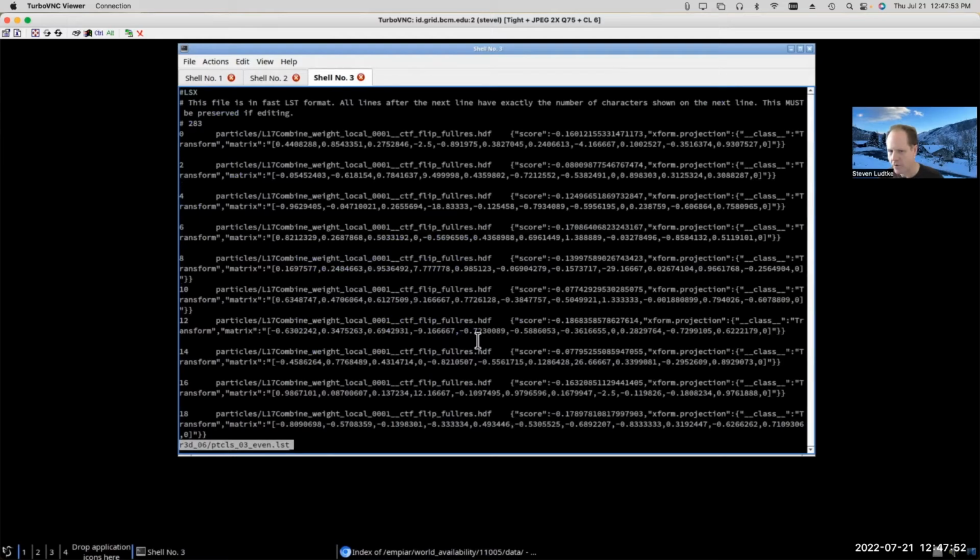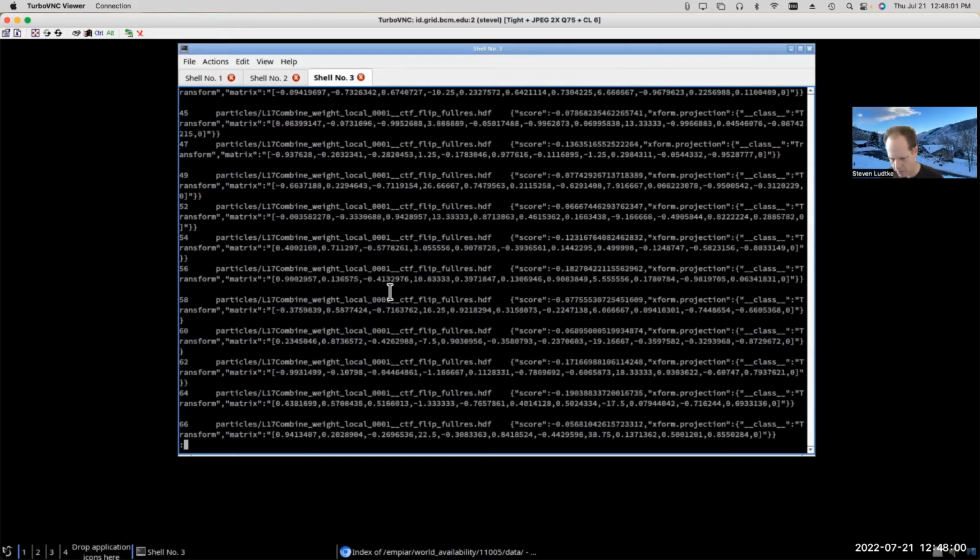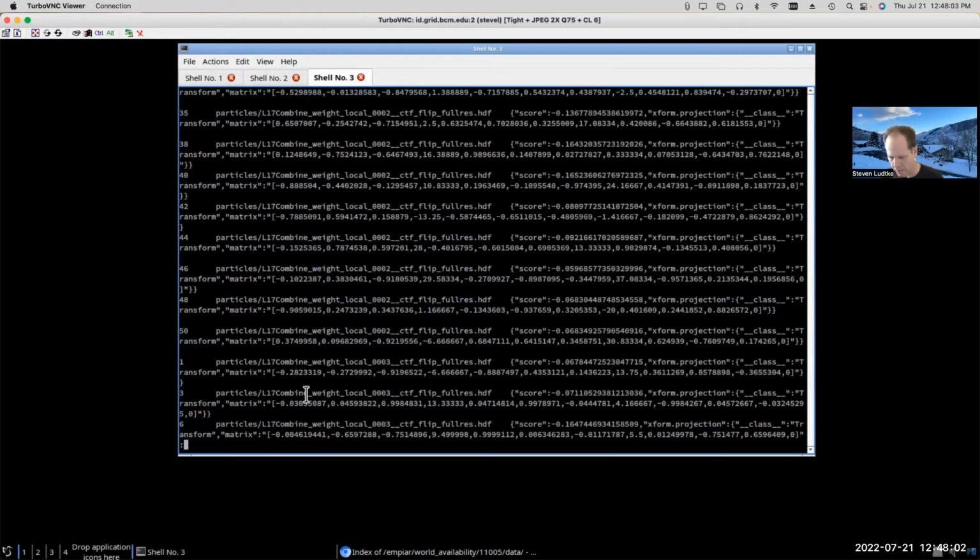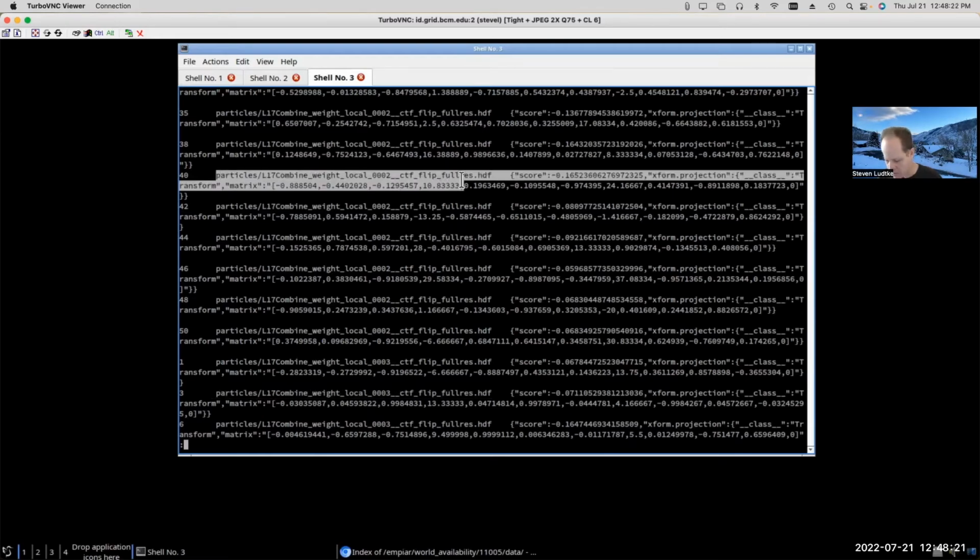Okay, so it looks very similar to the LST file we were looking at before, although now you'll see that the file names aren't, I think, all the same. Yeah, so you can see here that the file names change now. In the other LST file we were looking at, basically there was just one stack file that had all the particles, and there was an LST file which basically just pointed to the same images in the stack file. In this case, the LST file is combining data from a bunch of different image files.